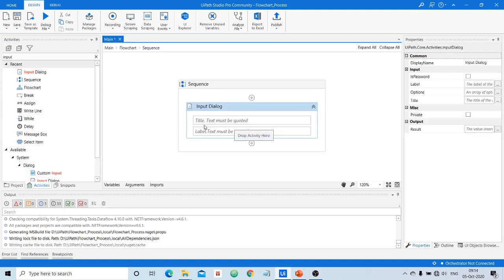The input dialog box has two text boxes, one is title and the other is label. Usually in the label part you specify what you are expecting from the user. For example, let us say I want to ask what is the course name. Like this you can ask what is your name. Remember, in the label part, within double quotes, you specify what should be displayed to the user. It is like printf, or System.out.println in Java.